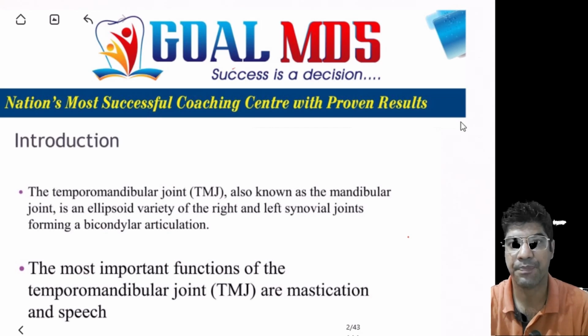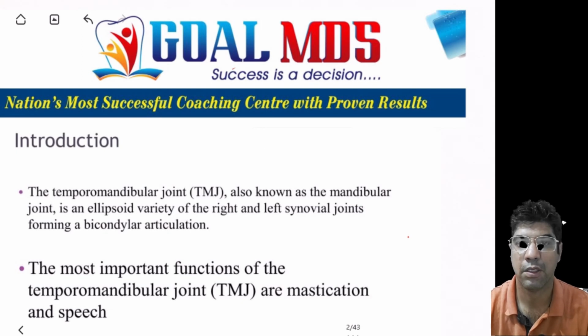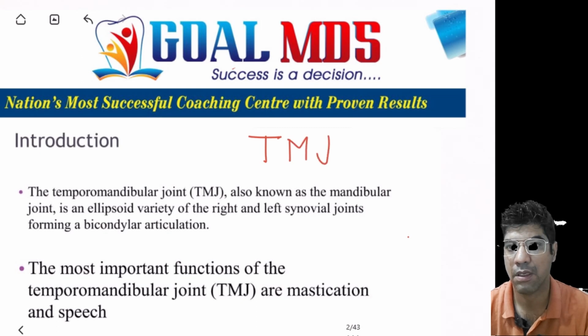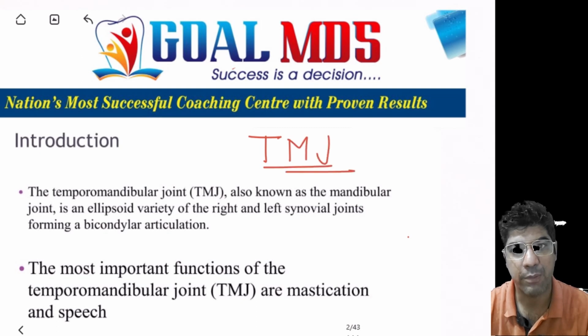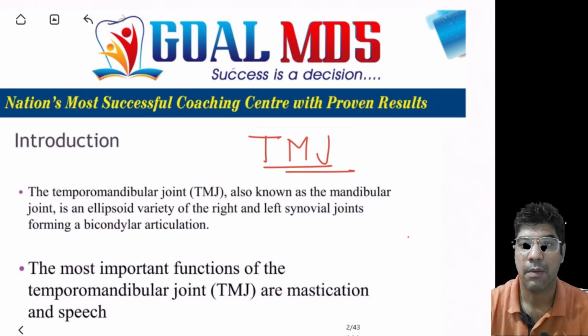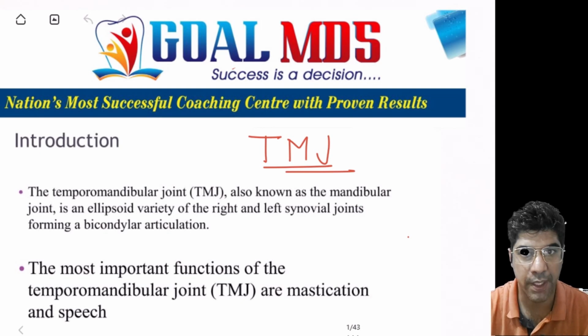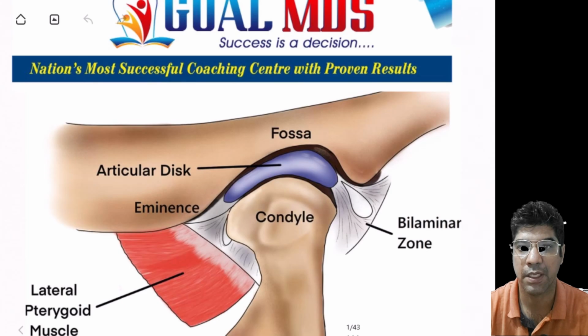Hello everyone. Our today's topic is about temporomandibular joint. The temporomandibular joint is a unique type of joint that combines the features of both the gliding (ginglymoarthrodial) and hinge joint. So remember, TMJ is an example of